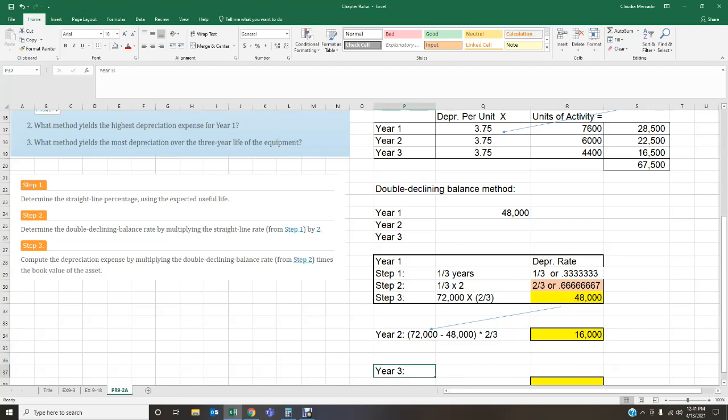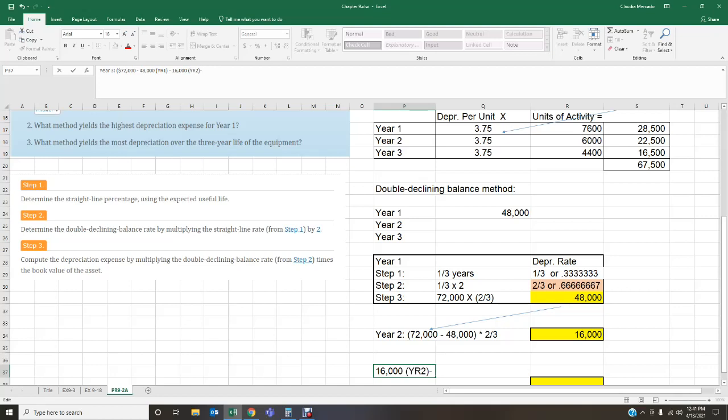Now for year number 3, it gets a little bit tricky. We're going to get the 72,000, the original cost. And then you're going to subtract the depreciation for year number 1, and you're going to subtract the depreciation for year 2. And you're going to subtract, now this is very important,